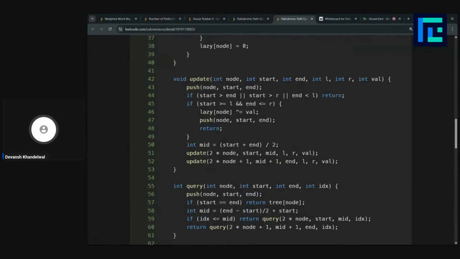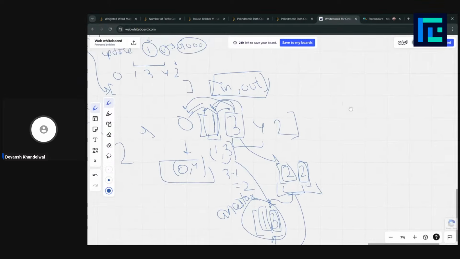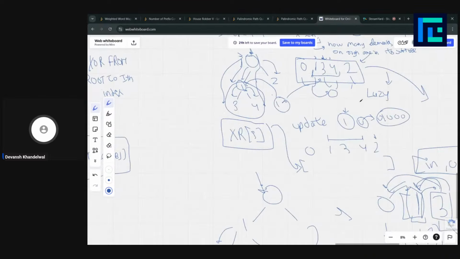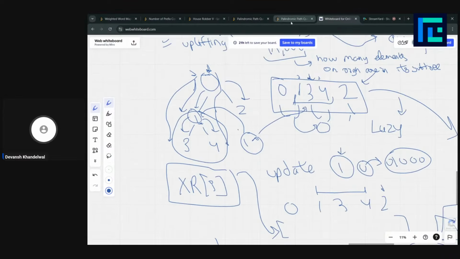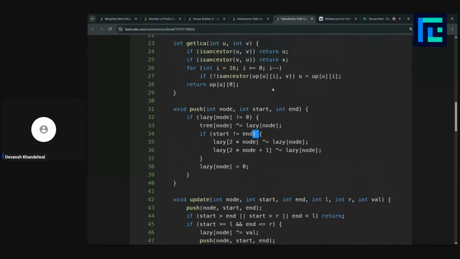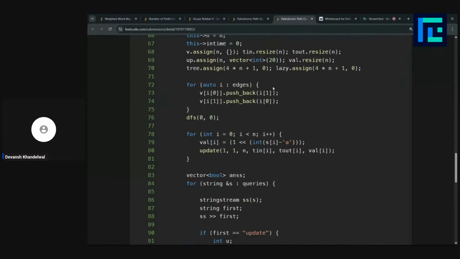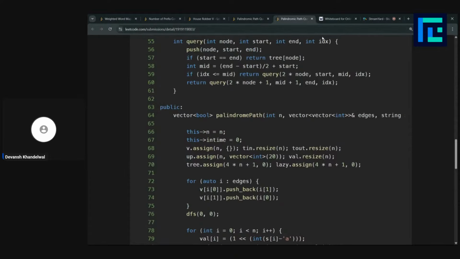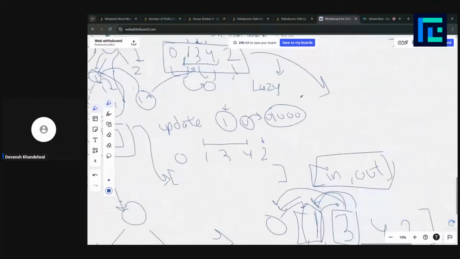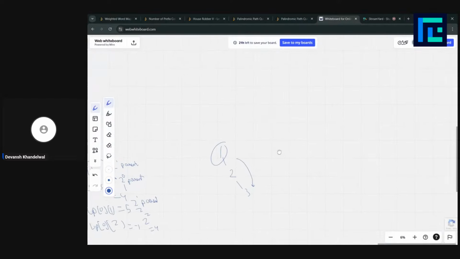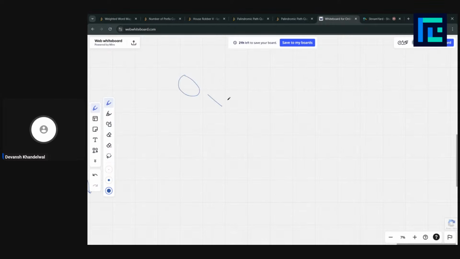And then using lazy segment tree, what we are doing is performing queries, right? We are updating a segment with an XOR. And what are we storing basically? Let's go step by step. So we have this tree, let's say 0 1 2 3. We have this array XR. First, we use the Euler tour to flatten this tree. We got 0, 1, 3, and 2.